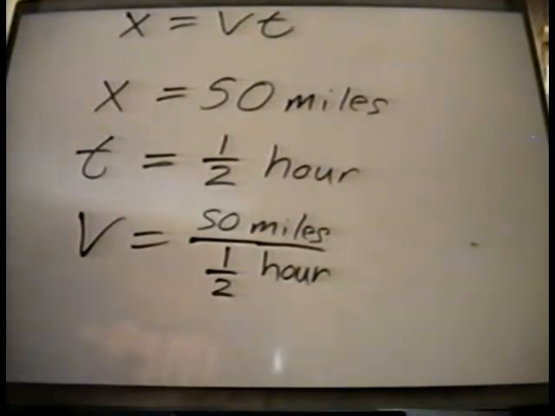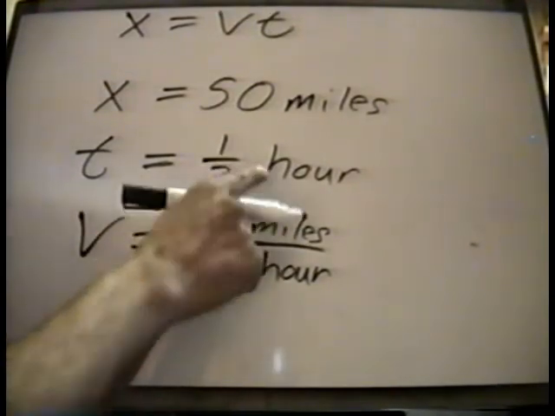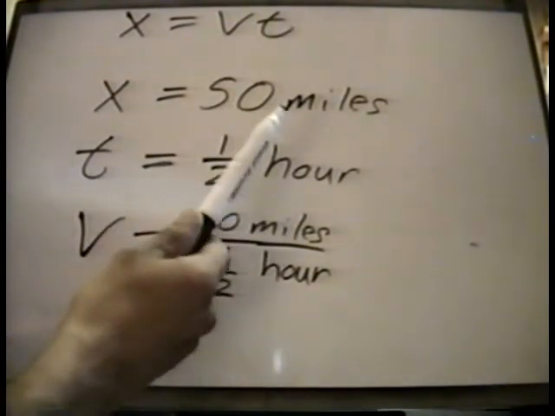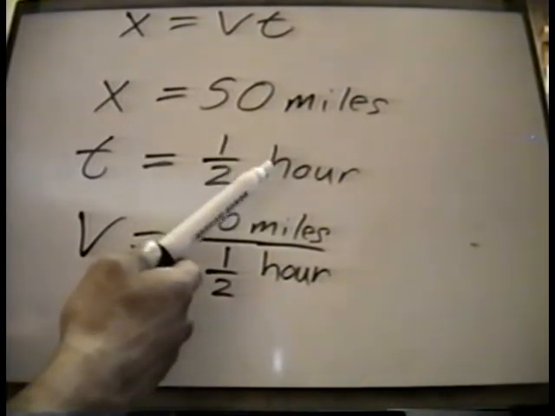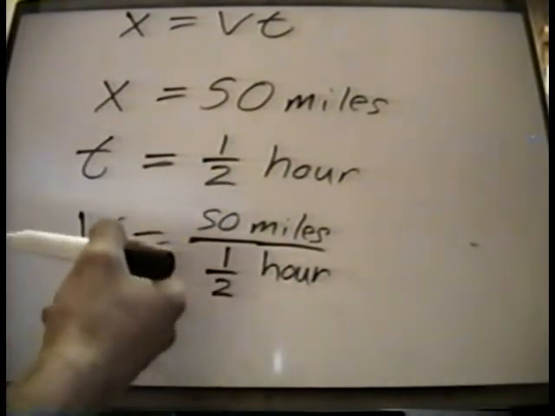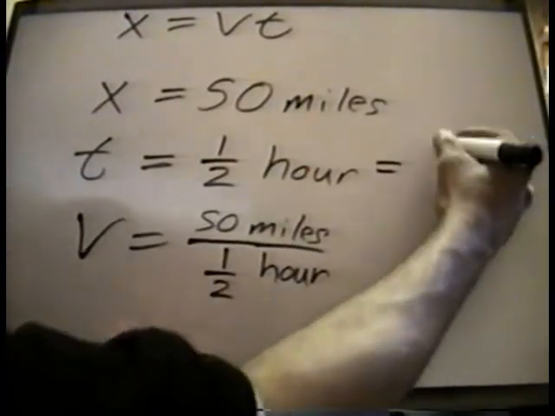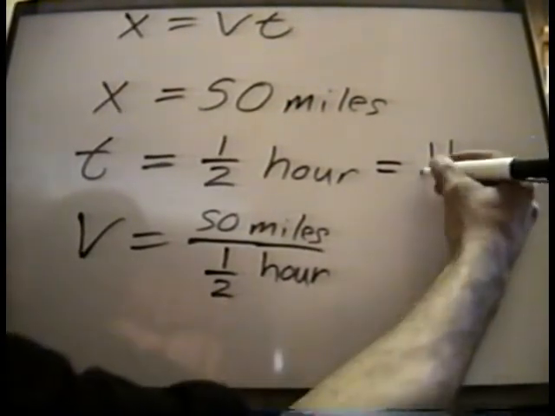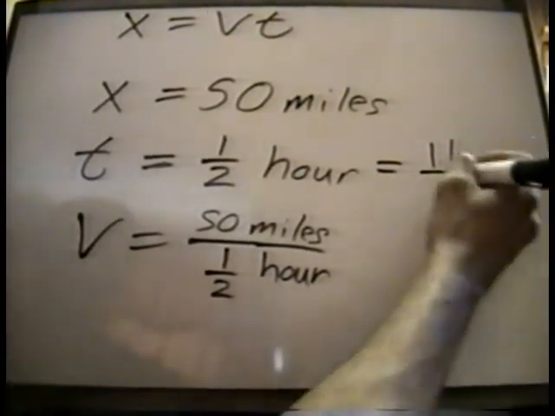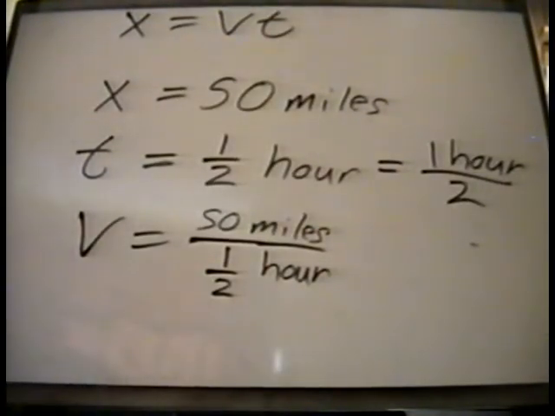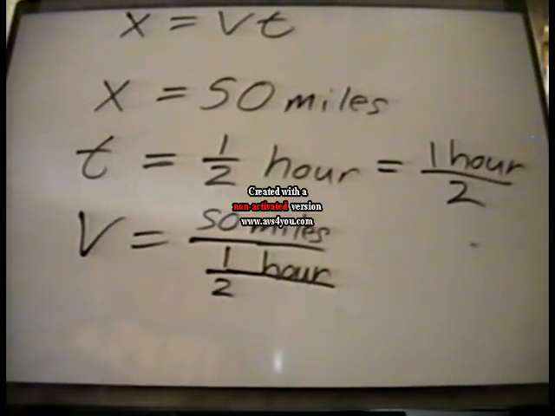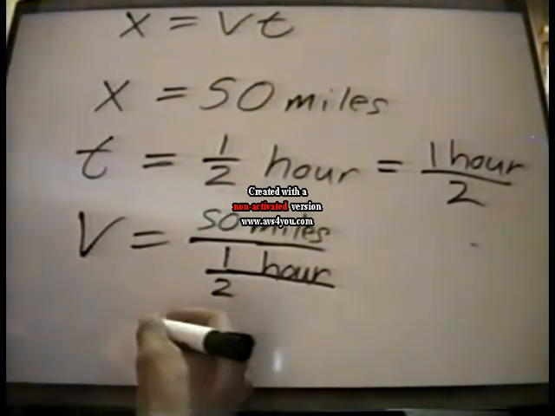Now here I wanted to point out something. Here you have 1/2 hour. Anytime you see your units in algebra, they are treated as algebraic quantities, meaning they can be canceled out or multiplied by. You see what I'm saying? So here this 1/2 hour equals 1 hour over 2. Right? So here, that's like 1 hour over 2. Now, remember, anytime you're dividing